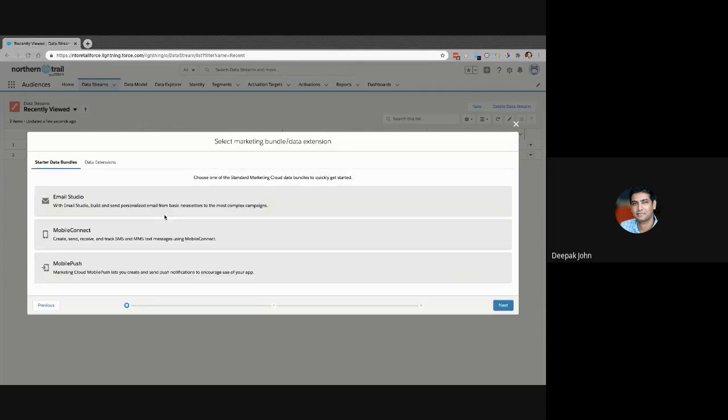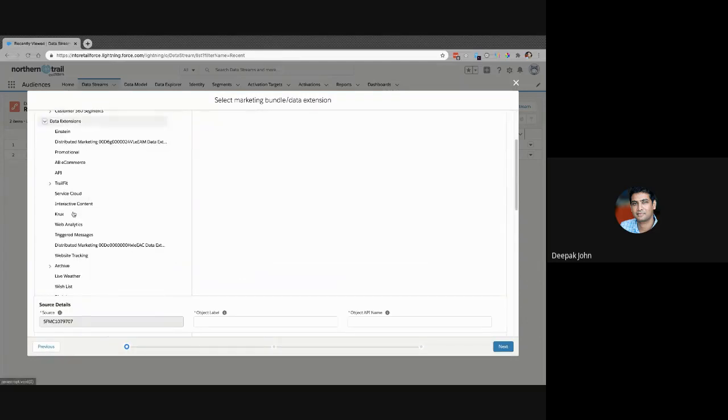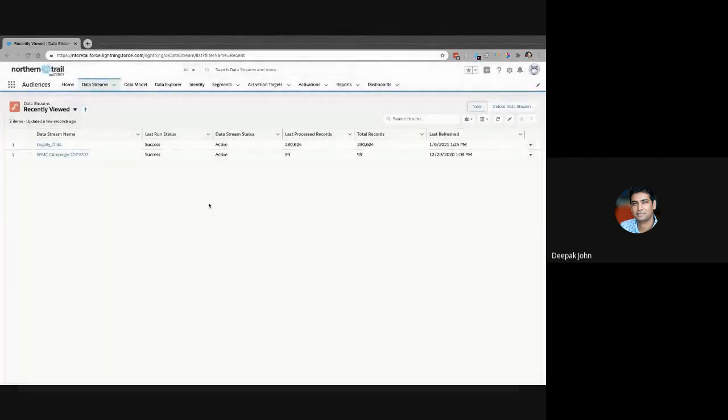Made to be user-friendly for the marketer who's using Marketing Cloud, we can bring in relational databases based on Email, Mobile, and Studio capabilities. This brings in not just the main data extensions, but also the associated data extensions, or you can go in and bring in the associated data extensions manually as well. Again, you've got the option of selecting which business unit you want to be working across, and then using that to get your data extensions to come through. So all of the ones that you've pushed into Marketing Cloud, you've got access to in here. Then you'd select, hit next, and bring that in. Let me open up one of the data extensions so we see what it actually looks like, the data streams rather.